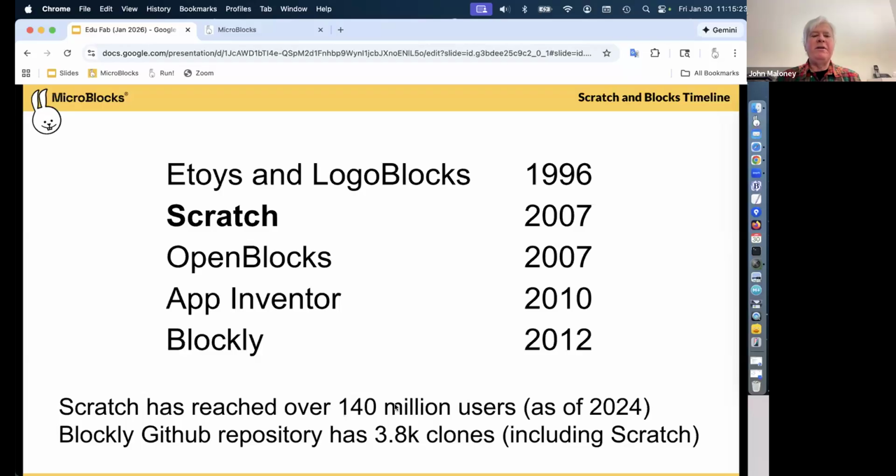It actually grew out of two different blocks coding projects. One was in Alan Kay's research group, which I was part of at Walt Disney Imagineering, where we were creating a blocks language called eToys. And unbeknownst to us, at MIT they were creating a blocks version of Logo. Well, I heard about the Scratch project in 2002, and I said, oh, I want to go work on that. So I ended up going from Walt Disney Imagineering to MIT, and I ended up working on Scratch for 11